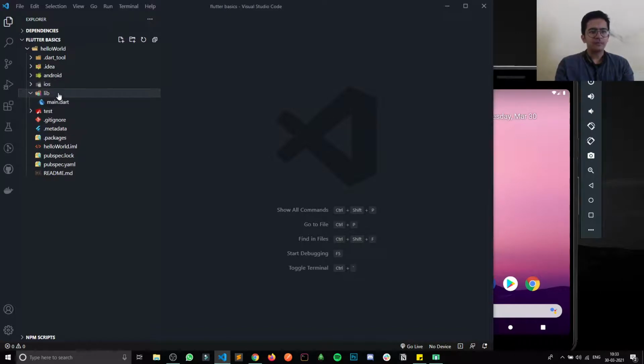Okay, so this lib folder is the important one. Let's keep that aside; I will talk more about it sometime. This test folder is for testing the code, which I don't think most people do. So we can just delete it if we are not testing, right? Yeah, that's right.